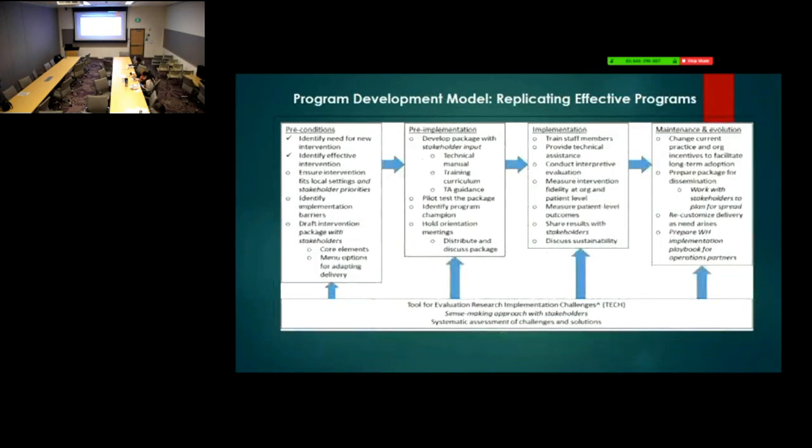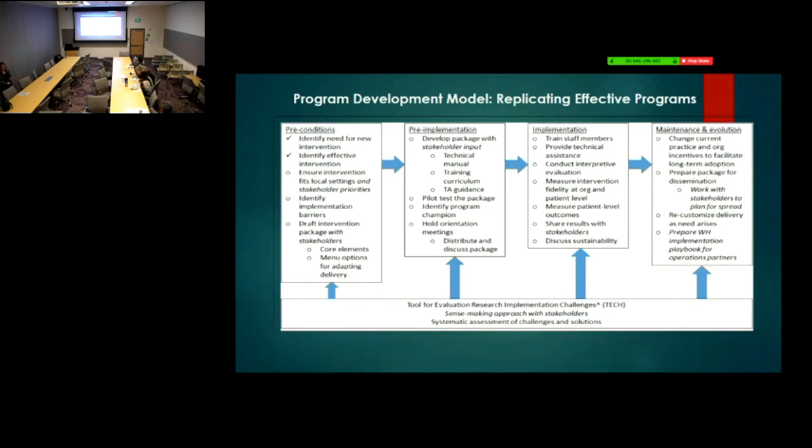This is if you're developing a program. So this is like a program development framework. It's called replicating effective programs. Say I have a postdoc, a clinical psychologist, and she's trying to take cognitive behavioral therapy and get it to work with cancer patients with pain. So she's using this to think about all the things she needs to do to adapt a program for this